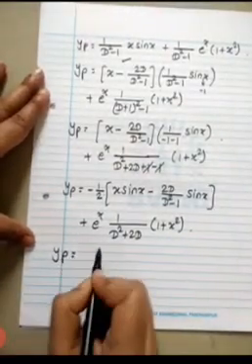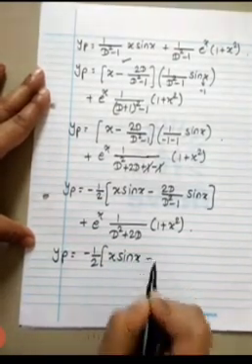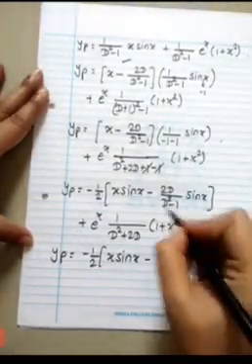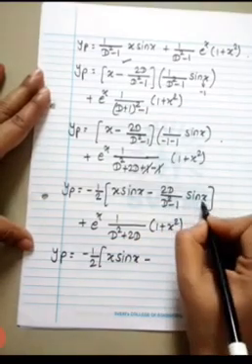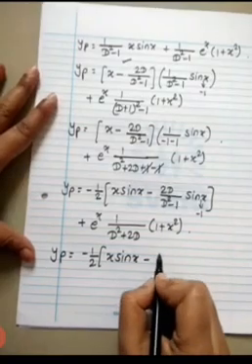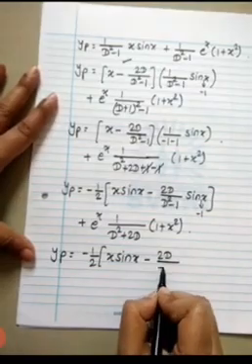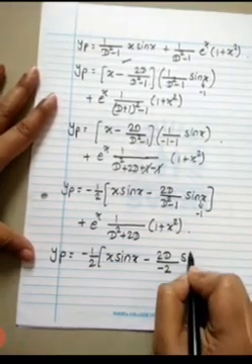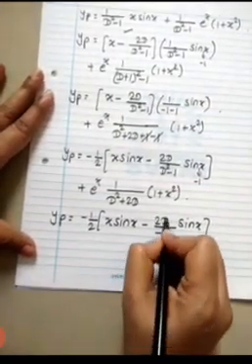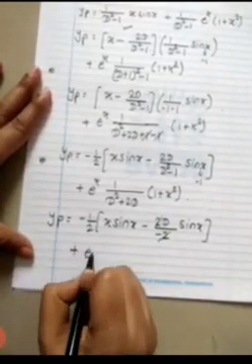Therefore, yp is -1 upon 2 x sin x plus sin x. Okay, you are telling my answer. Here d square will be replaced by minus 1. So it is minus 2d upon minus 1 minus 1, minus minus 2 sin x. Here the 2 gets cancelled, and in the next step minus minus will be plus, plus e raised to x.